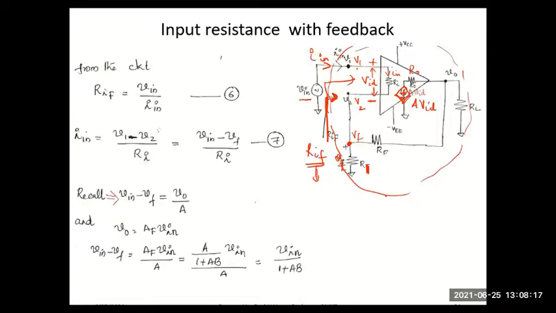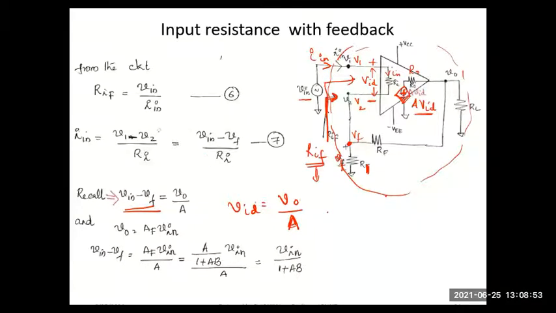And the non-inverting terminal voltage, which is V1, is directly connected to the input signal Vin. So I'll replace V1 and V2. I'll get Iin is Vin minus Vf by Ri, the current. And now you recall that the difference between the two input signals, Vid, is V0 by A, or V0 is equal to A times Vid. We know V0 will be A times Vid, or Vid is V0 by A.